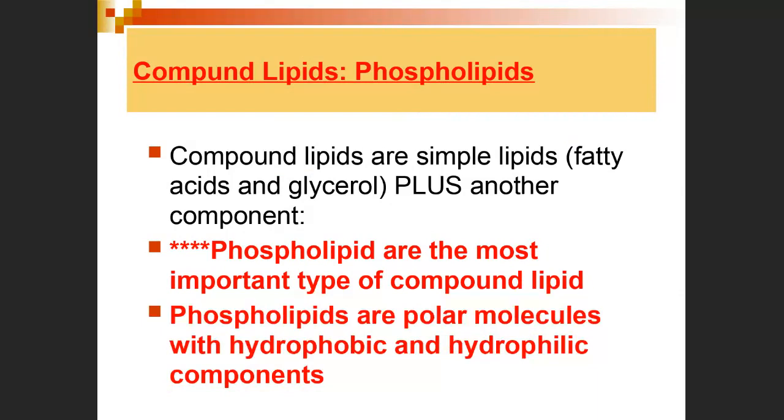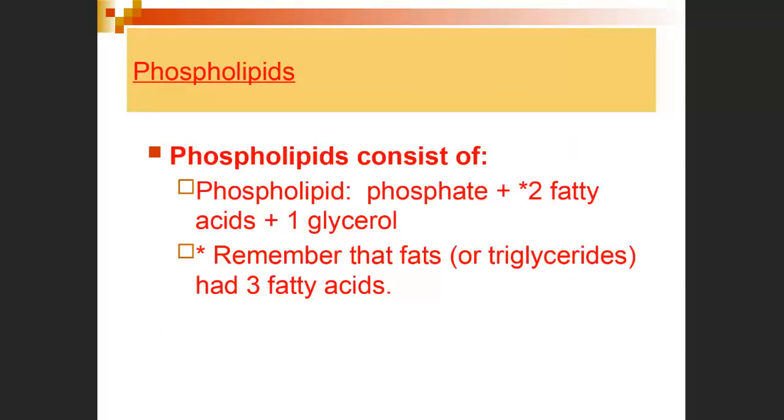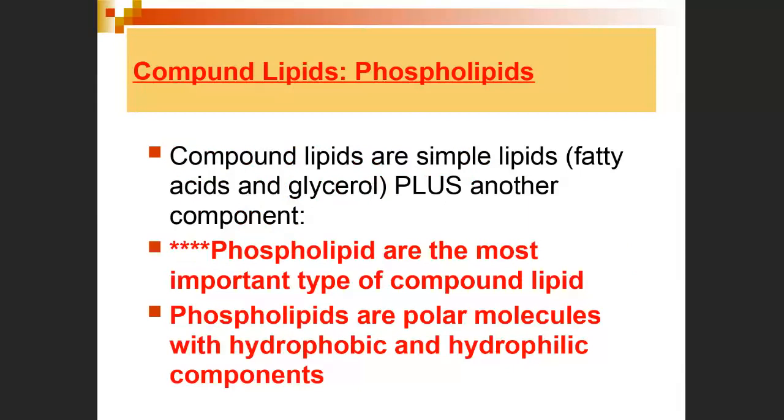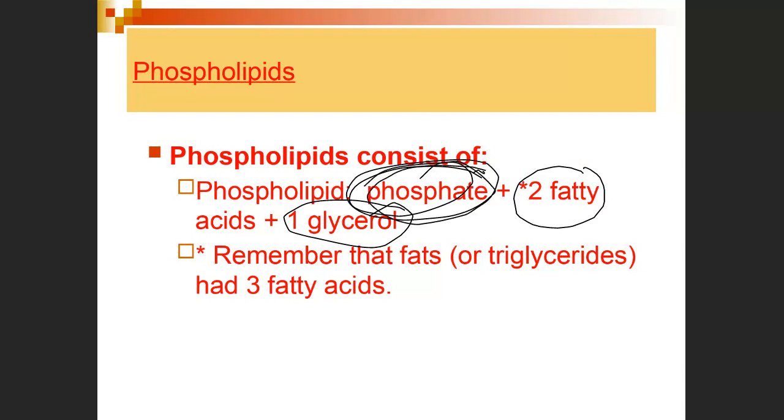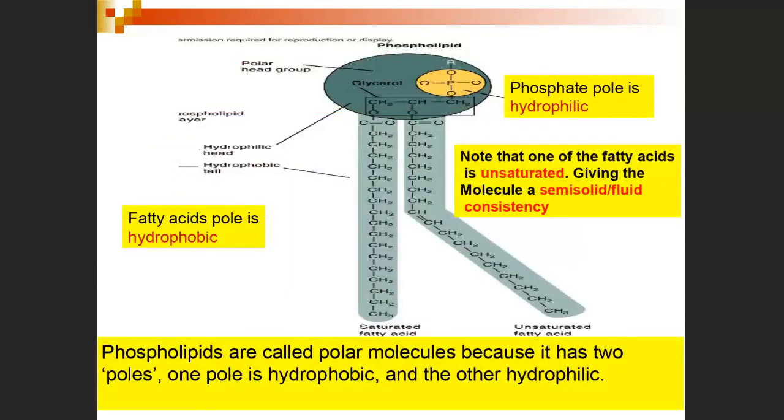The reason why this is so important is because we said lipids were hydrophobic, which is true, except that when you have a compound lipid, like phospholipid, we have changed that a little bit, and we end up with a molecule that has a hydrophobic and a hydrophilic component. So now this is a very confused molecule. The molecule is made of the glycerol, the 2 fatty acids instead of 3, and 1 phosphate molecule. This is the difference right here, the phosphate. Remember, phosphate always has the oxygens attached to it, and the oxygens are negatively charged.